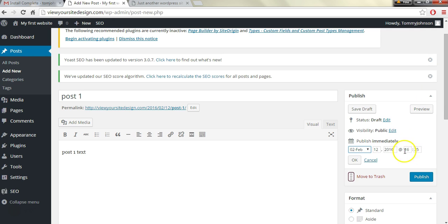But if you have the wrong time zone, you could be publishing 5-10 different hours away from the time zone that you want the article to be published in. This really can come in handy if you're publishing things well in advance and you're writing a lot of articles and you want to spread them out, like one post each week or something like that, to have a steady flow of content. Now if we click Publish